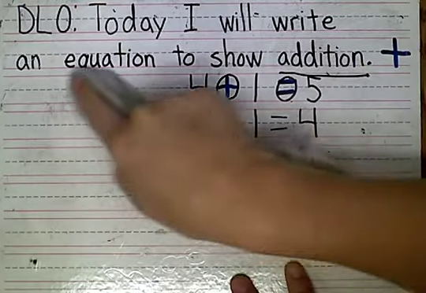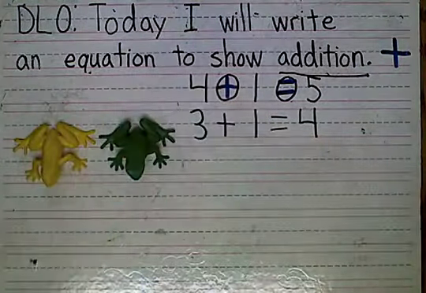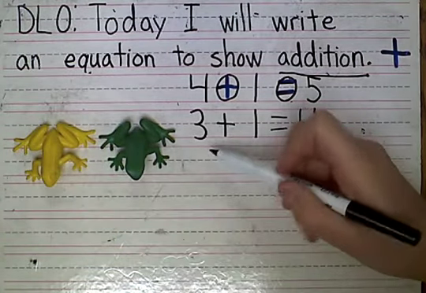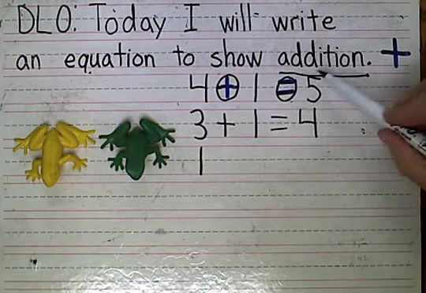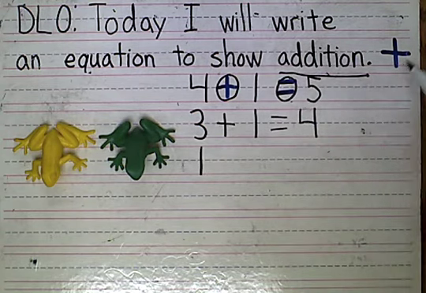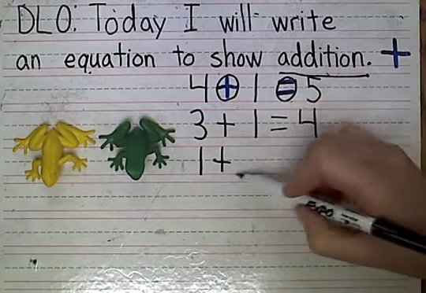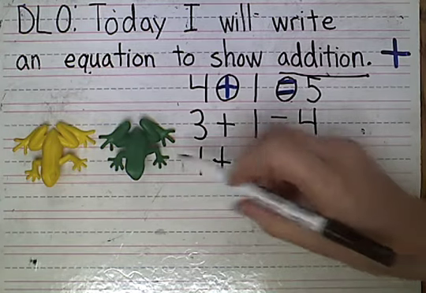Let's use frogs this time. How many yellow do I have? 1. What number will we write first? 1. I know we're adding today. I need my addition sign. Everyone say plus. Say adding. Say getting more. 1 plus, how many? How many green do we have? 1. 1 yellow plus 1 green